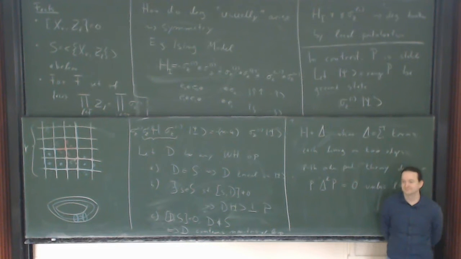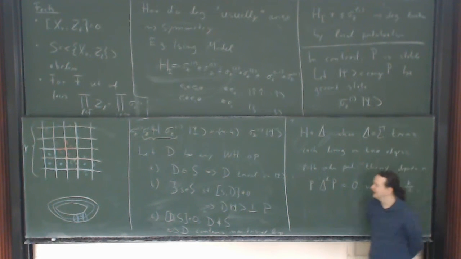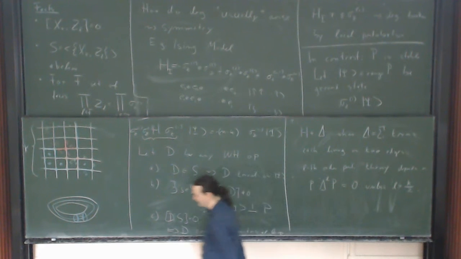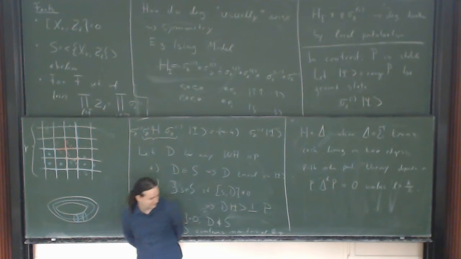Yeah? Why is it called the Toric code? Ah, it's a very good question. So Toric is what's called a code. Okay, so